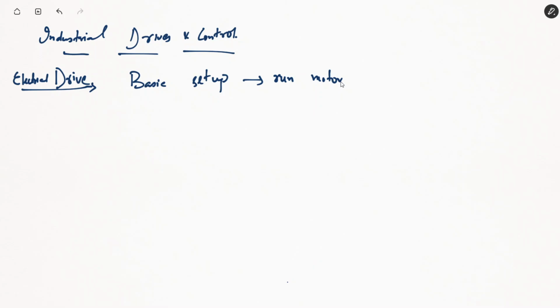Fine. This is the simplest definition of an electrical drive. A basic setup that will be required to drive or run an electrical motor, be it a DC motor or be it an AC motor. That minimum basic setup that we require, that is known as an electrical drive.